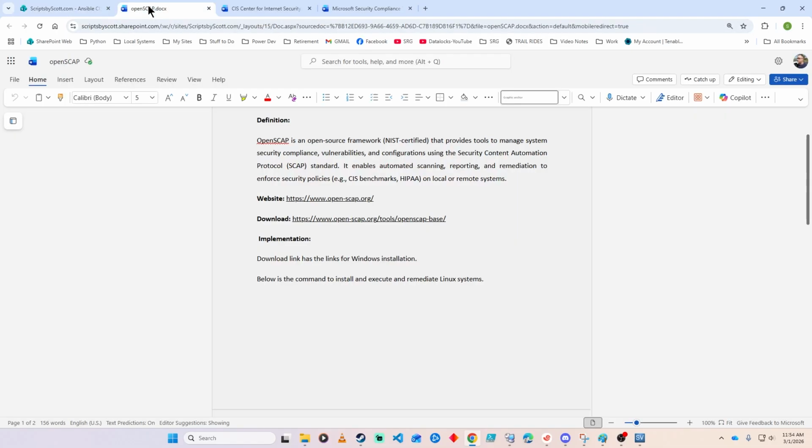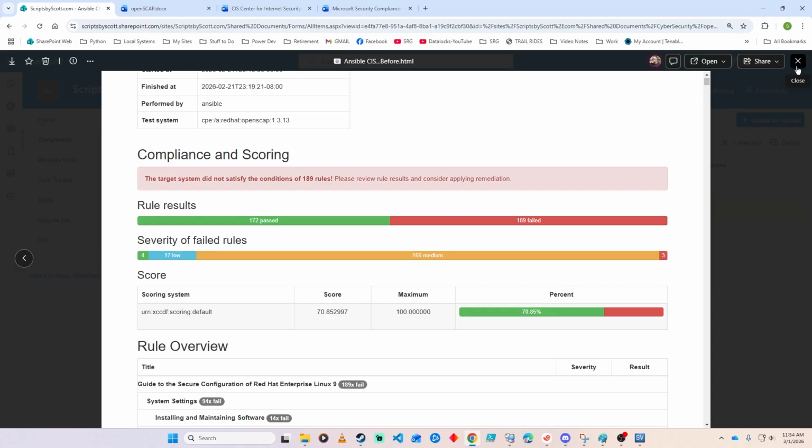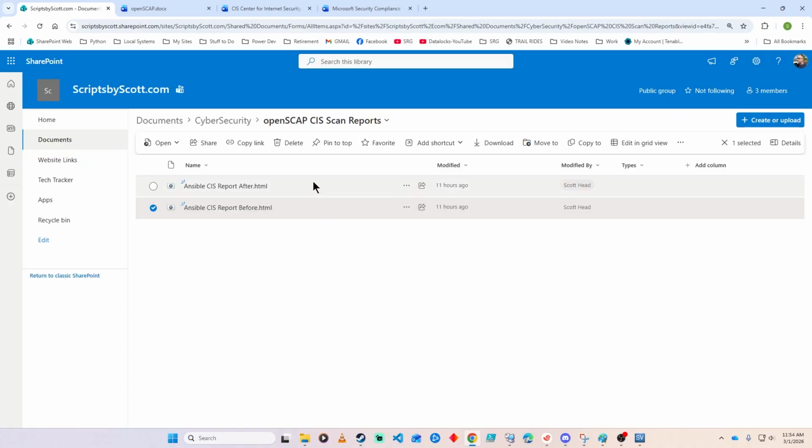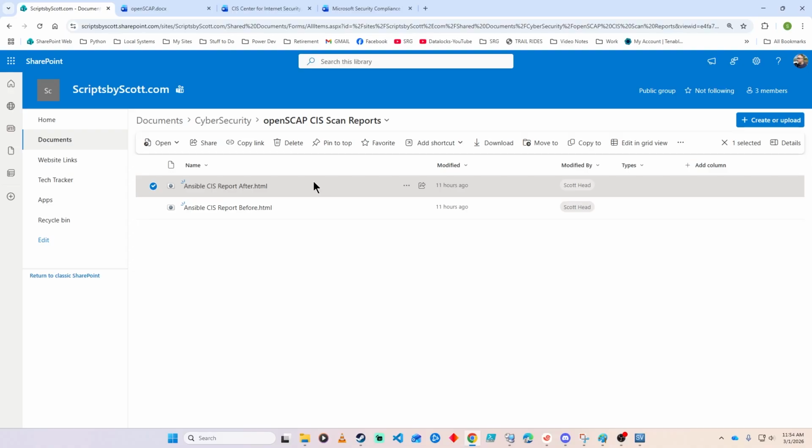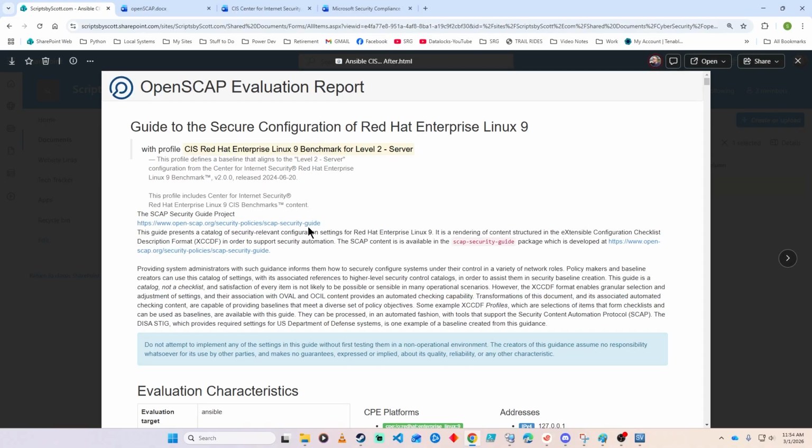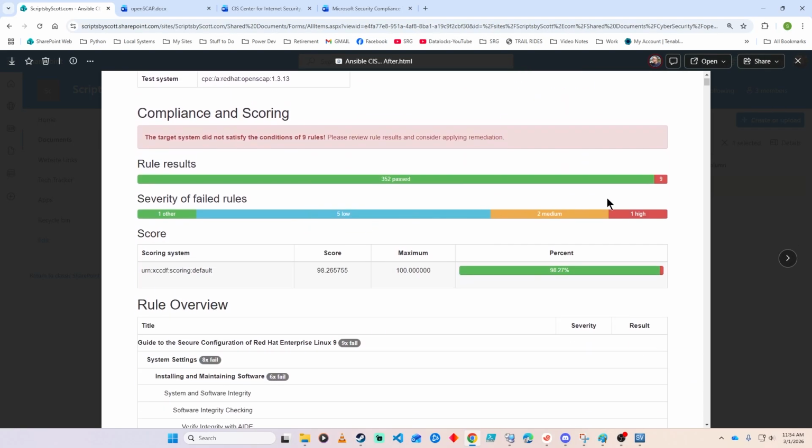So now then, 189 failed. Then, after I used OpenSCAP, created a remediation script, and executed that remediation script on my Red Hat server, the 189 went down to 9. That's how good of a job it did. That's phenomenal. Being able to go from a fresh install of Red Hat, I installed Ansible software on top